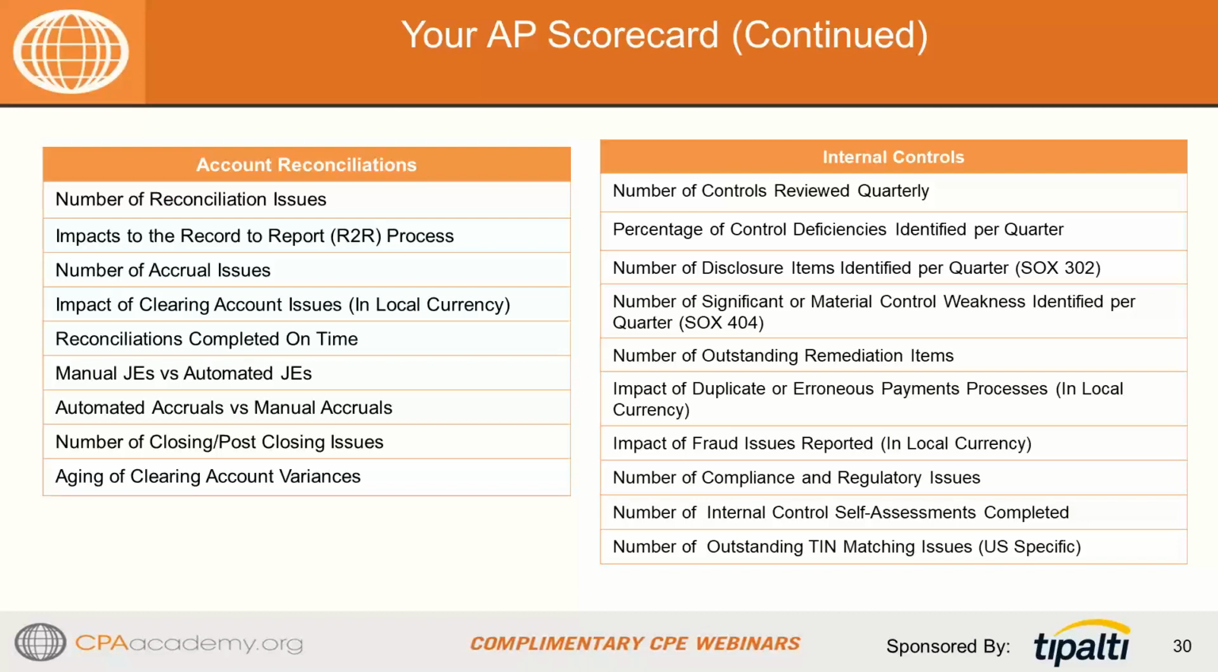With internal controls, we look at the number of controls reviewed quarterly, control deficiencies identified, number of disclosure items, number of significant or material control weaknesses, and those last two are looking at SOX 302 and SOX 404, number of outstanding remediation issues, impact of duplicate or erroneous payments, impact of fraud issues, number of compliance and regulatory issues, and number of internal control self-audits completed, and any outstanding TIN matching, tax identification number matching issues that need to